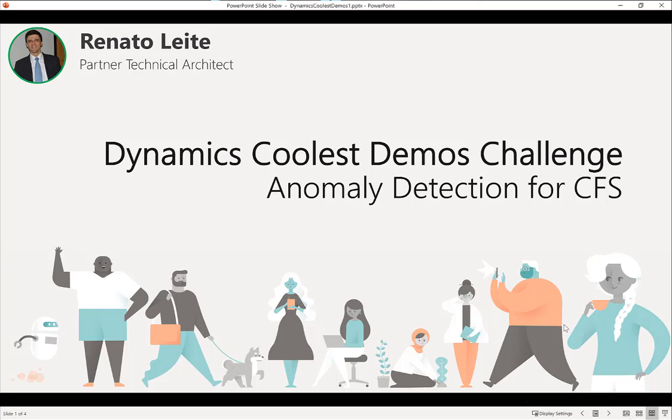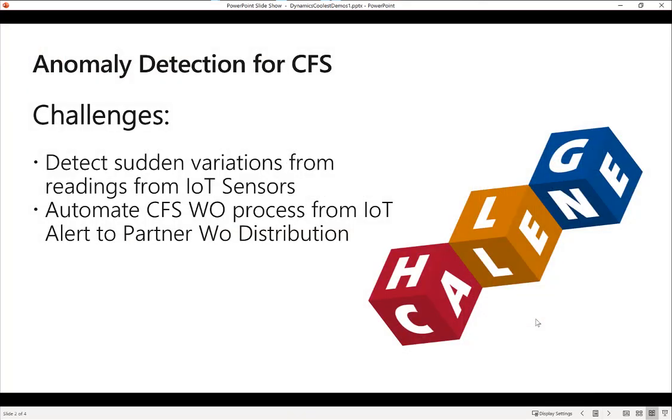And the challenge that I got for this week, actually I got two challenges, which are how to detect sudden variations from readings from IoT sensors, and with that generate alerts for connected field service and automate the work order generation process from the IoT alert until it gets to the partner with partner's work order distribution. This is a very awesome challenge, because if you're used to the Dynamics connected field service sample